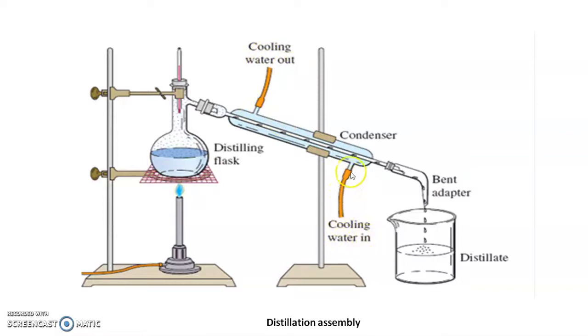From this inlet we have to put the cool water in this condenser, and this is the water outlet. From this tube, the fumes of our distillate go from this chamber, these two water inlet and outlet cool these vapors, and these cooled vapors are collected into the distillate or a specific beaker. In this way the distillation process can be carried out.